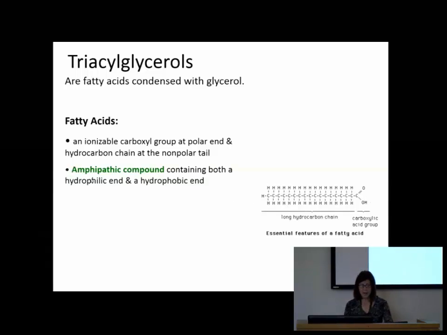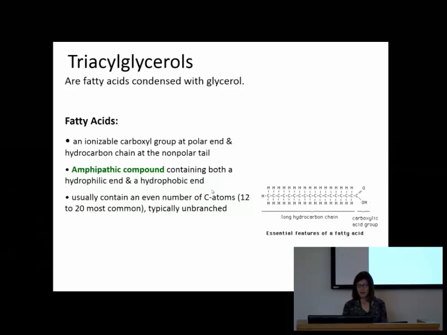I have a bias towards even numbers. When I read a burette, I'm always rounding, estimating to even numbers. I don't know, it's just something that I do. Nature has an even number bias as well. So the length of the carbon chain is always, or not always, but mostly even. And it's pretty long, 12 to 20 carbons. And we don't really see any branches in our fatty acids.